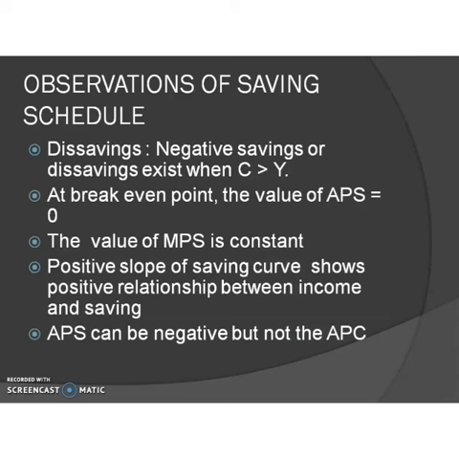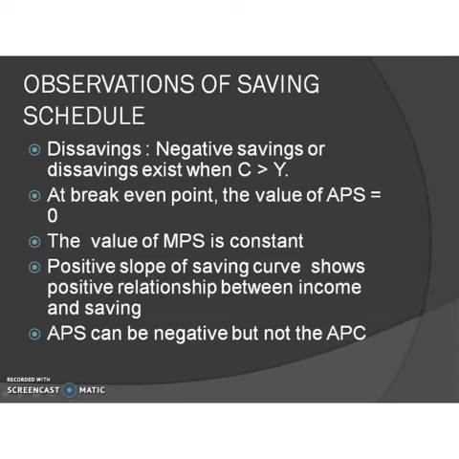Then we know that the consumption does not increase in the same proportion as income increases. As income increases, aggregate consumption expenditure also increases, but along with consumption expenditure, savings also increase. That means the part of incremental or increased income is not consumed and hence saved. Then a 45-degree line may be created where Y is equal to C.